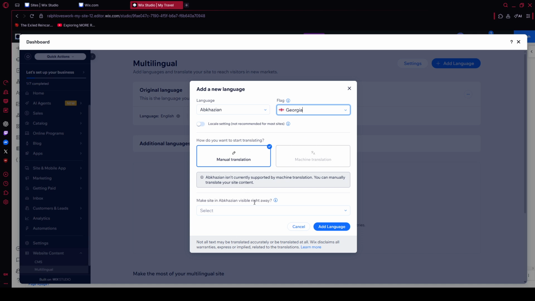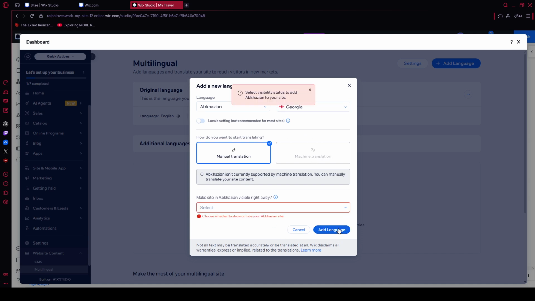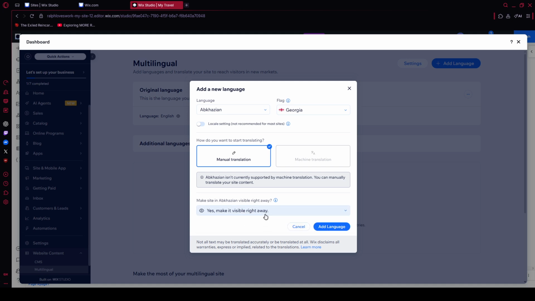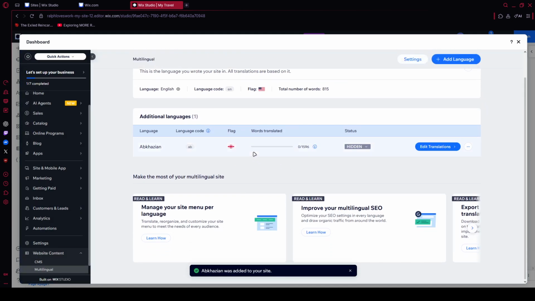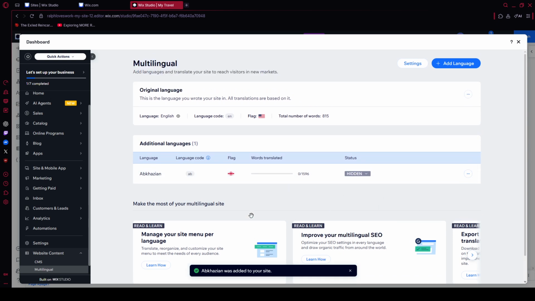Beyond setup, remember why this matters. A multilingual site enhances accessibility by making it easier for non-native speakers to understand and engage with your content. It also opens your brand to a global audience, which can lead to better engagement, higher satisfaction, and more opportunities for growth. And that's it. With the Wix multilingual tool installed, configured, and your languages selected, your site is ready to welcome visitors in more than